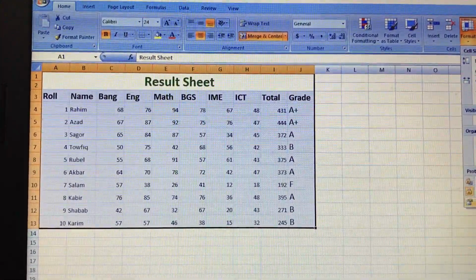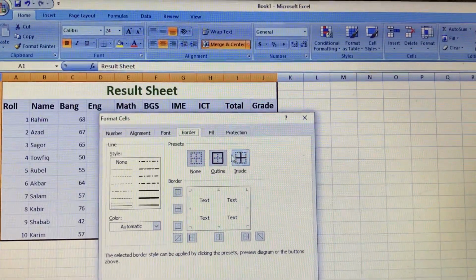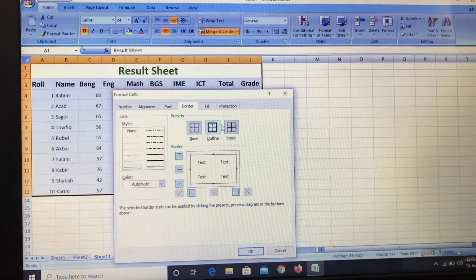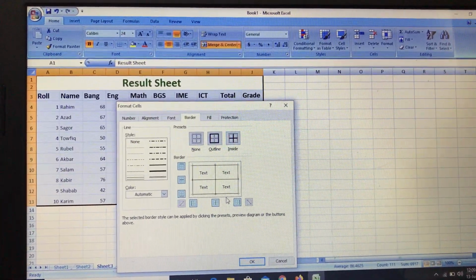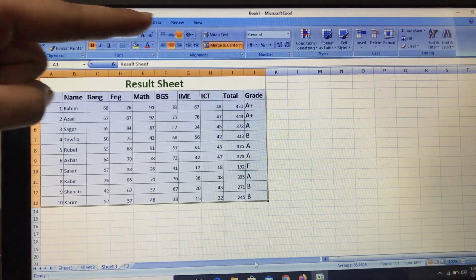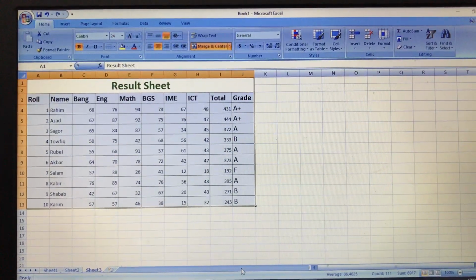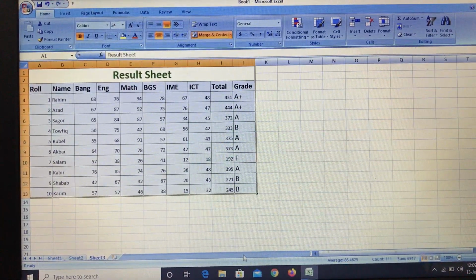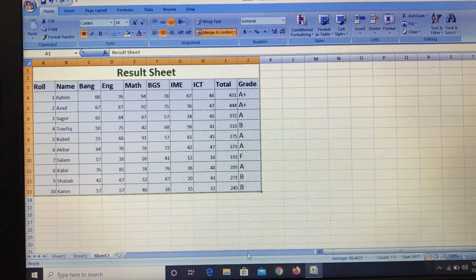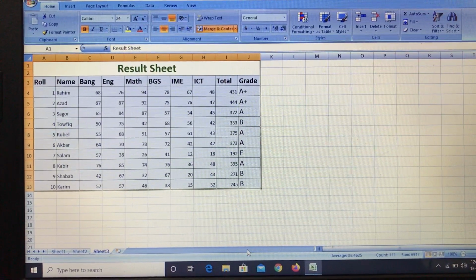Come down to format cells, check outline and inside, give OK. All the grid lines are showing, and now when you take this printout, it will show you in this way. If we do not give these grid lines, it will show in a blank sheet, only the numbers are spread here and there.